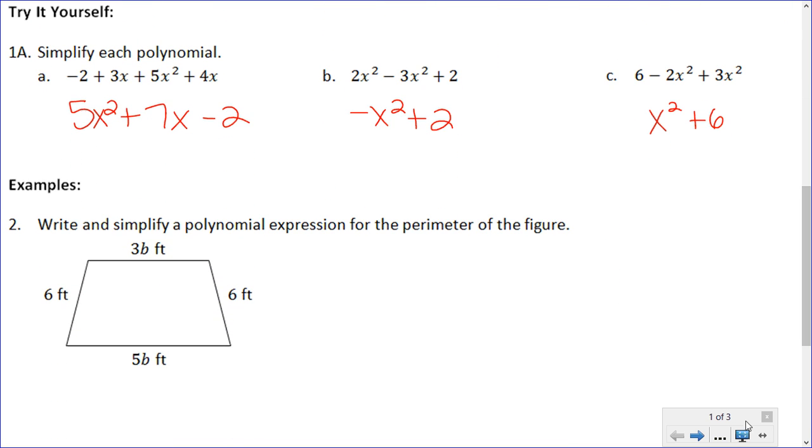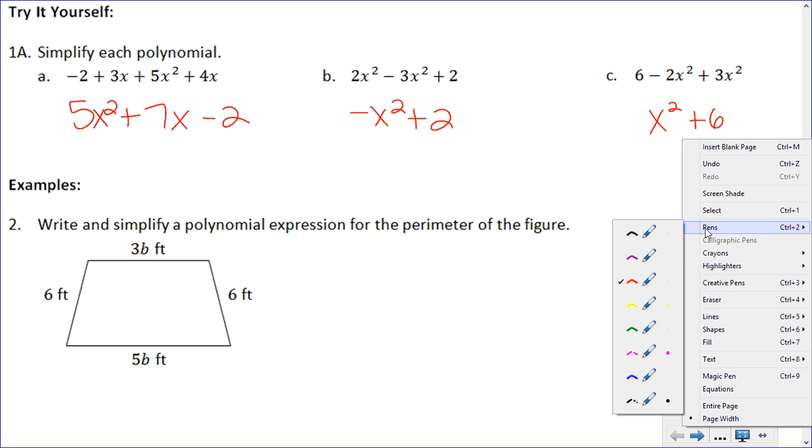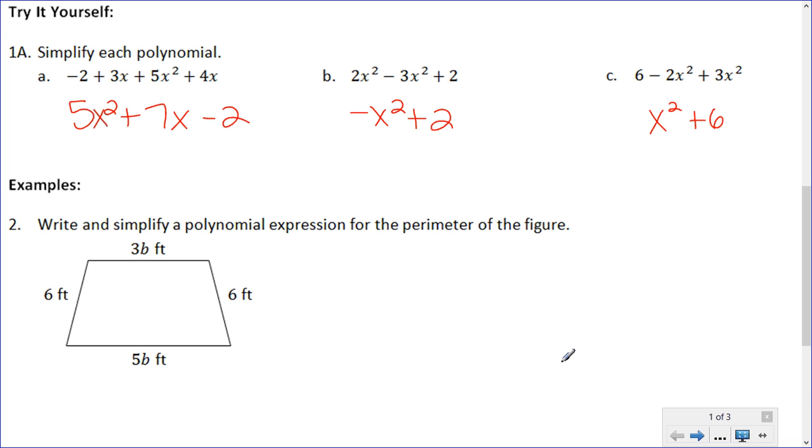Okay, we can also use polynomials to write expressions to represent the perimeter of a figure. So here we see a figure where we know that these two sides are 6 feet long, but these have variables involved, 3b feet, whatever b is, and 5b feet. So if I want a polynomial expression for the perimeter of the figure, of course for perimeter we know that we just add all 4 sides. So we have 3b plus 6 plus 5b plus 6. So just adding all 4